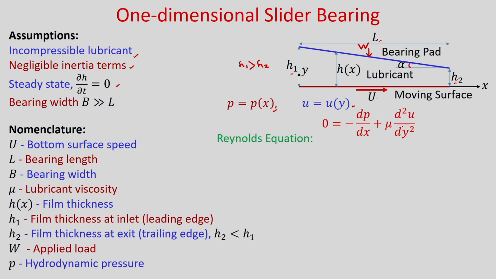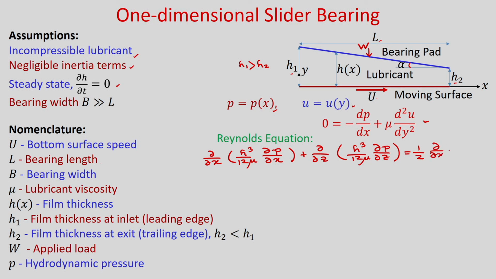So, you can see that for this one dimensional case we have only this governing equation to find the velocity distribution, and in general we have derived this Reynolds equation in last class: del/del x of (h cube by 12 mu del p by del x) plus del/del z of (h cube by 12 mu del p by del z) is equal to half del/del x of (u h) plus half del (w h) by del x plus del h by del t. So, this is the general Reynolds equation we derived.